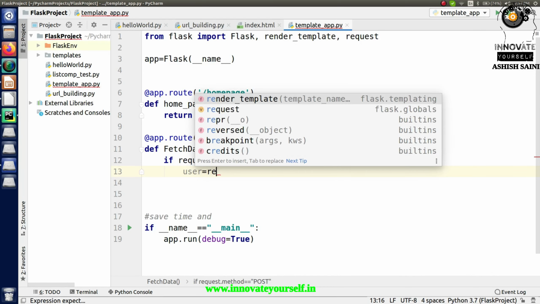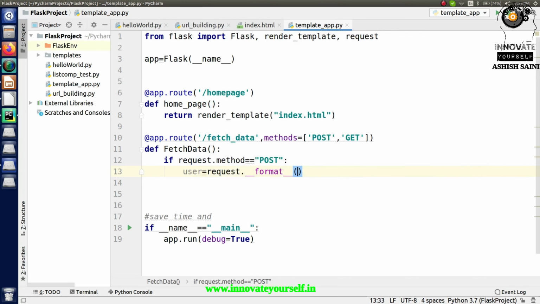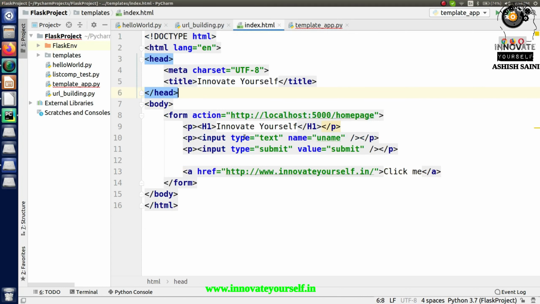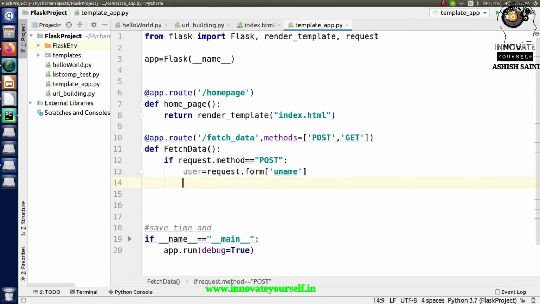After that, just write request dot form, because it's a kind of form. From that form I have to collect the value for my input data, which is a text type. I am going to identify it with the name which I have specified over here, so I have to copy this name and paste it in here. This is how I'm going to collect the value. When you have this value, you have to collect this data and further redirect it to some different web page. This is what exactly we have to do.